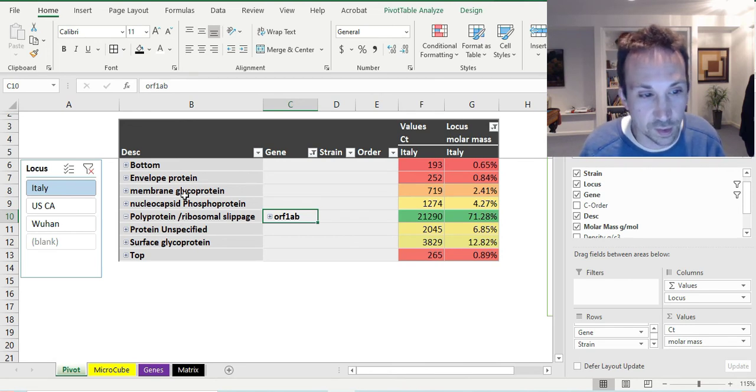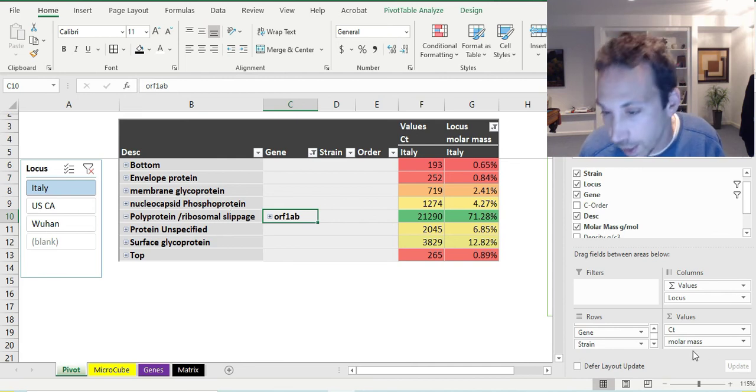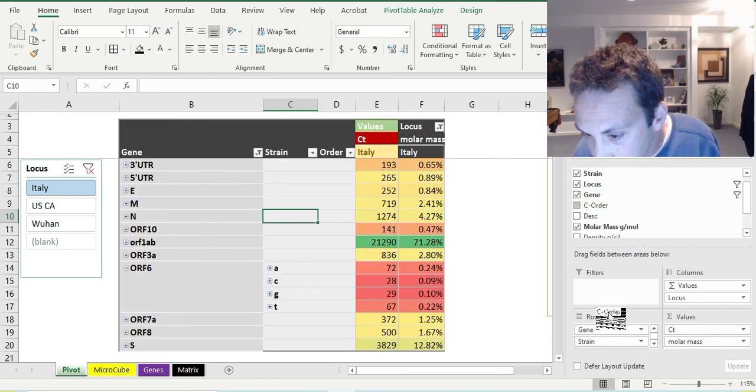So it's just interesting to open up and see what the composition of it is, because it looks like the strains are pretty much exactly the same from different areas. I'll start to add different areas from different countries and add them to this and see if we find any difference in the order of things, because when you pull the descriptions out of there, when you're just looking at the order,